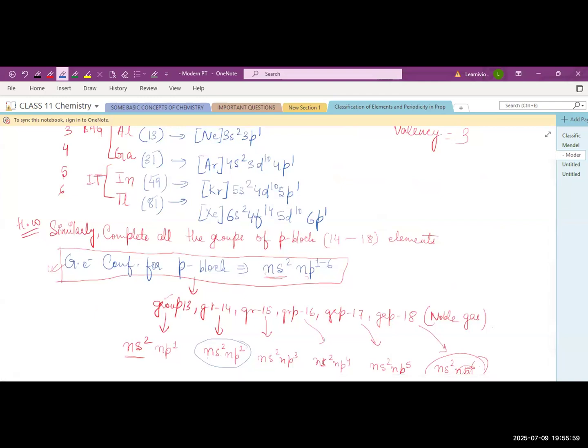Now in the next class we will discuss the d block elements and f block elements. Okay, after that we will start the periodicity. Okay, trends in physical properties and what the periodic trends are, etc. That is very important. So far the basics were going on, now what you will study is a very conceptual topic. Okay, so